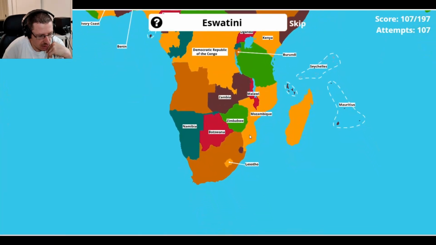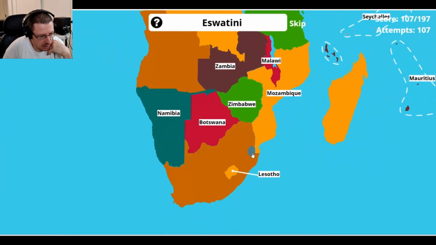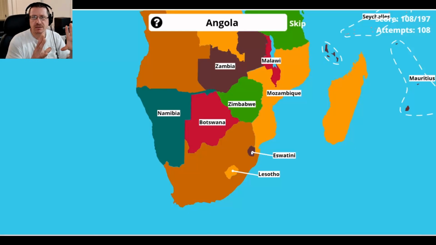Eswatini. That's another little dot right here. It's like the country within the country. Eswatini is right here. It's also known as a different name too. There's a couple of them that are known as something different. So Eswatini, I think, was Swaziland or something. So if someone says Swaziland, I believe it's also Eswatini too. There's a couple different things. And when the countries come up, I'll try to remember what the other name for it is. Like Ivory Coast is also known as something different too, but most people say Ivory Coast.